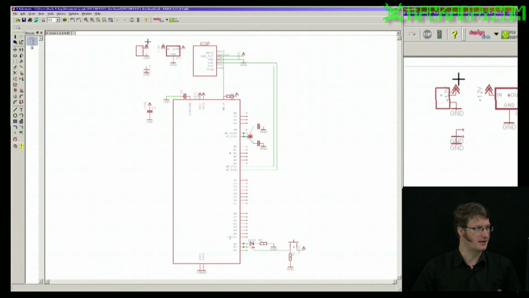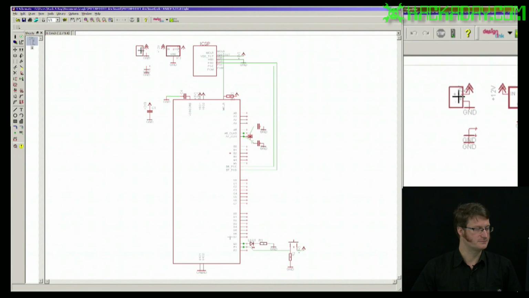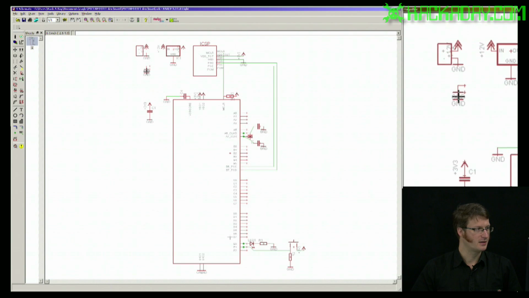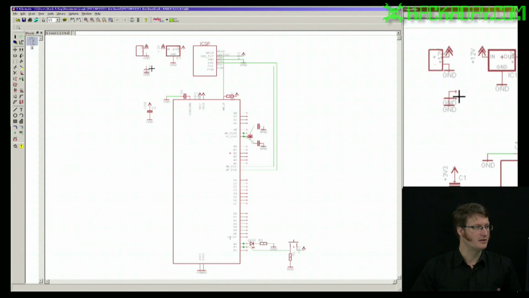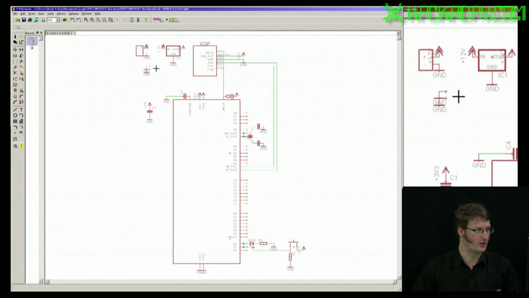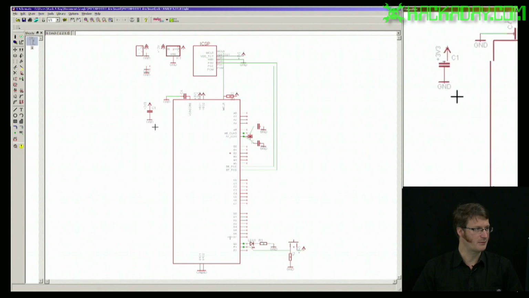I have an input terminal for the power leads. I have my voltage regulator. I have 2 header pins to allow us to have a ground test point, which is pretty handy when you want to probe around with your oscilloscope. I have a decoupling capacitor,